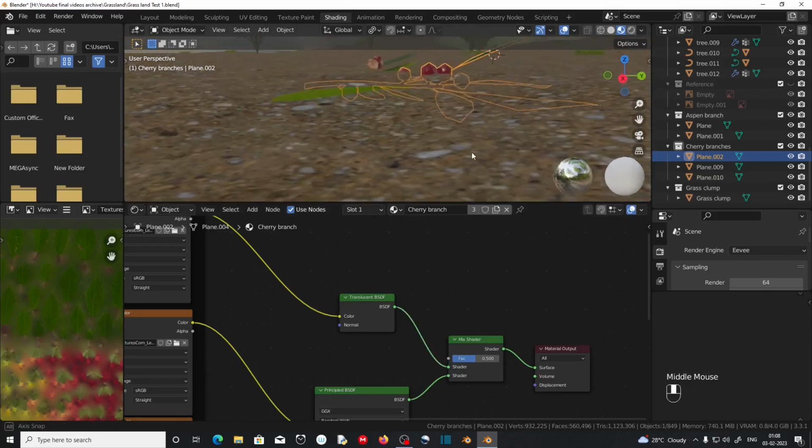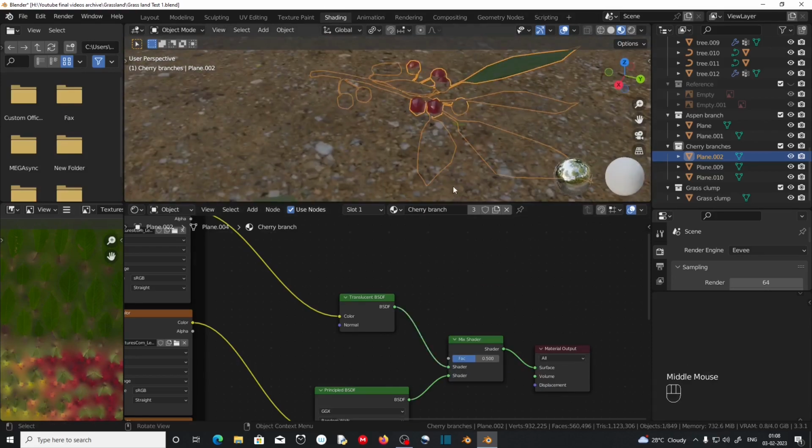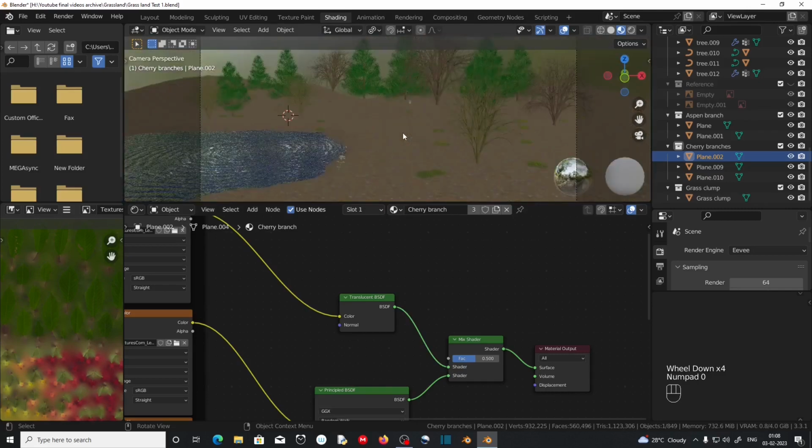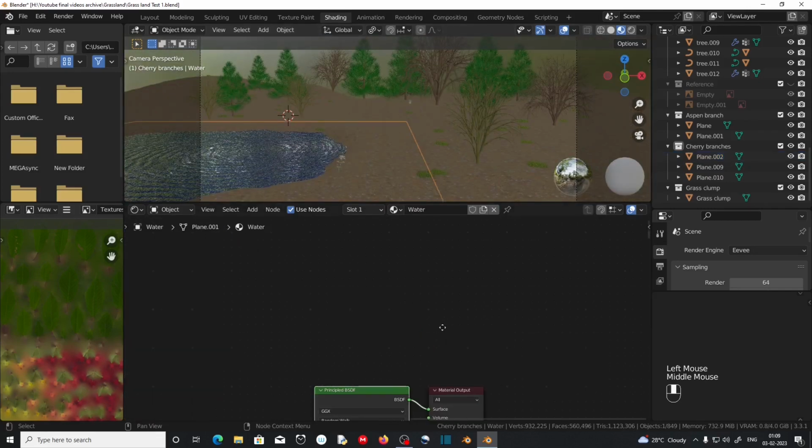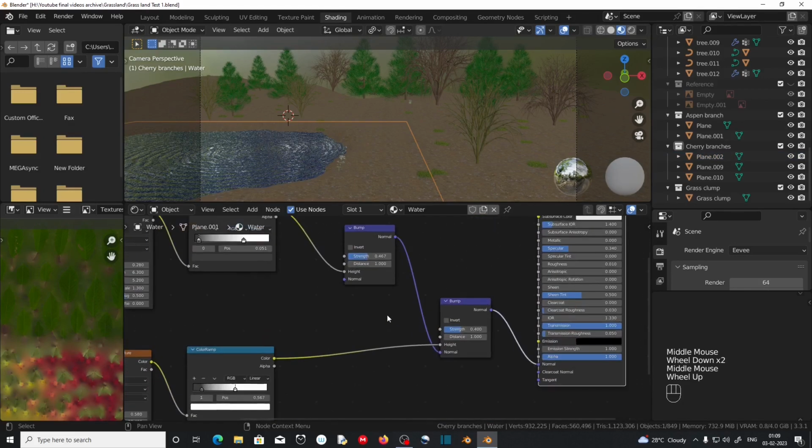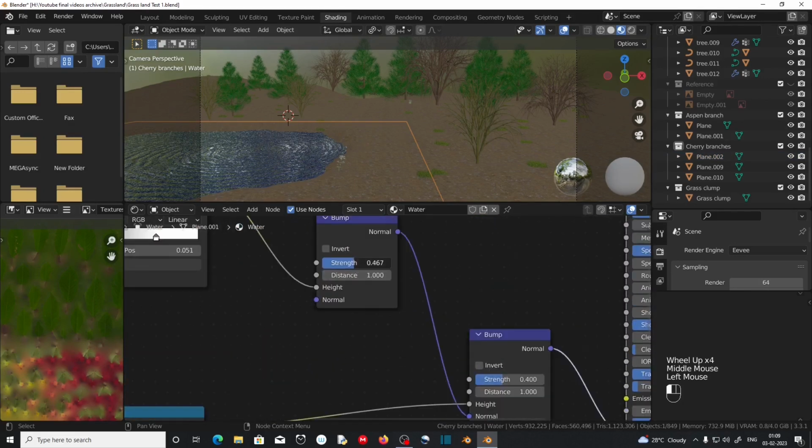As you can see, we got translucency to our branches like this. Now go to camera view using number 0, select this one. There is a lot more bump, we don't need that much. So I'm gonna change this bump strength to something like this. 0.2 looks good. Then change this 0.2. 0.15. Go to rendered mode,